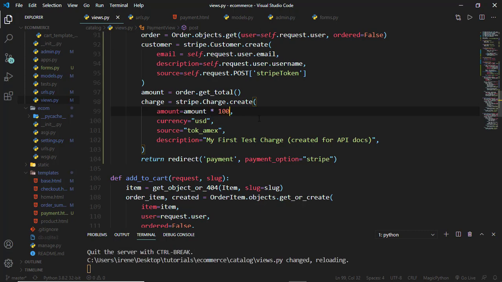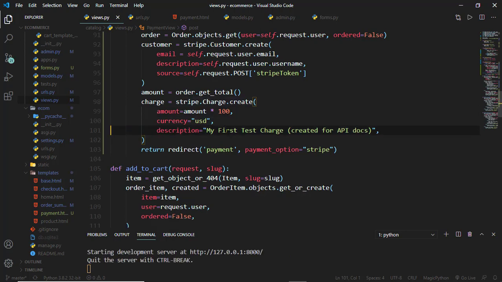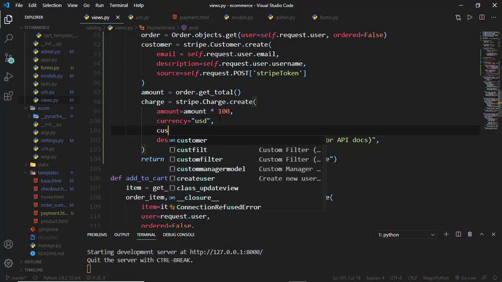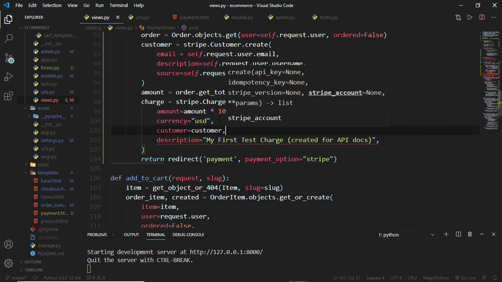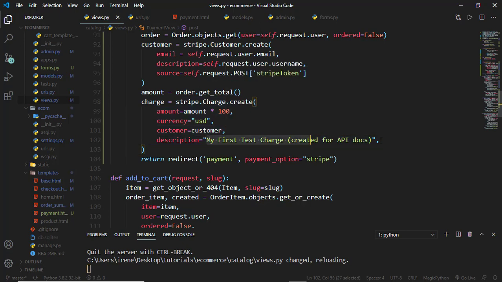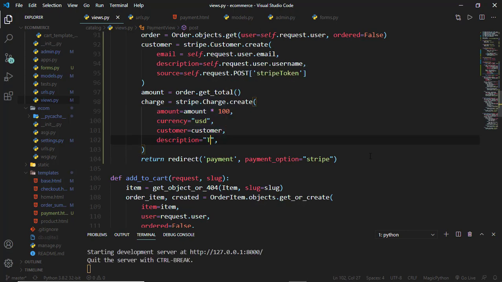So that 2000 that you saw there was $2. You can get rid of the source, and since we already passed the source inside the customer, we can just call customer in there. So the customer is that customer that we created,